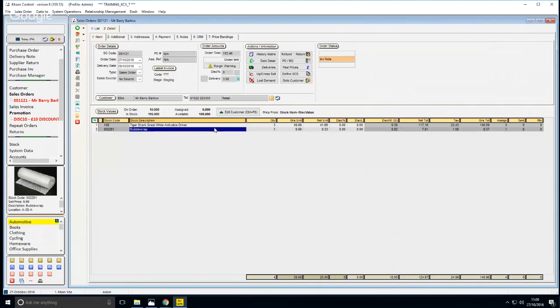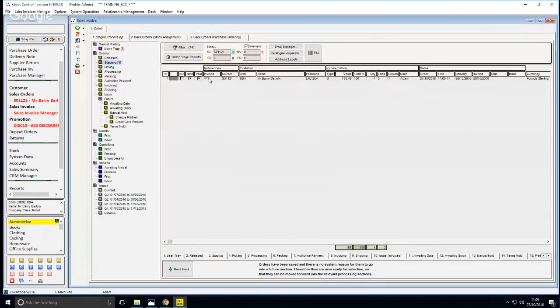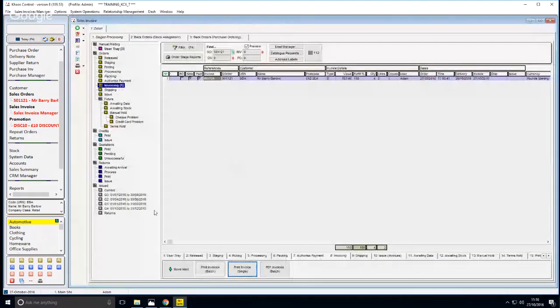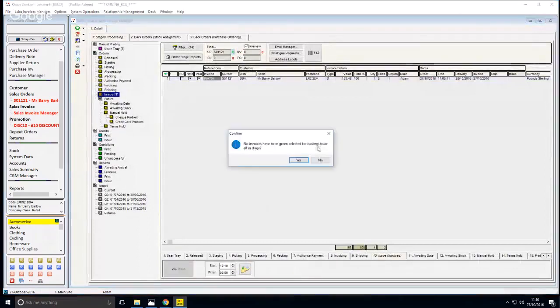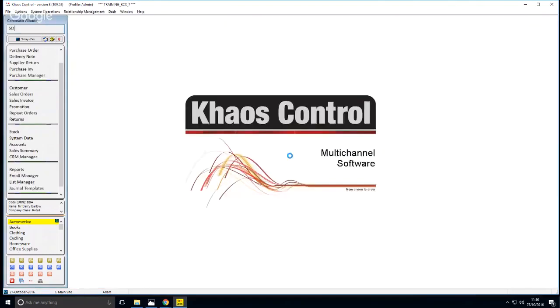Okay, so in order to do the return, of course, I need to issue the sales order. So I'm going to do that now quickly. Make sure there's no payment issues. You have to pay by cash. And nip through to the invoice manager. Go through the motions of printing the invoice. And then I'm going to issue it. And once that's issued, I'm going to pop back into the sales order